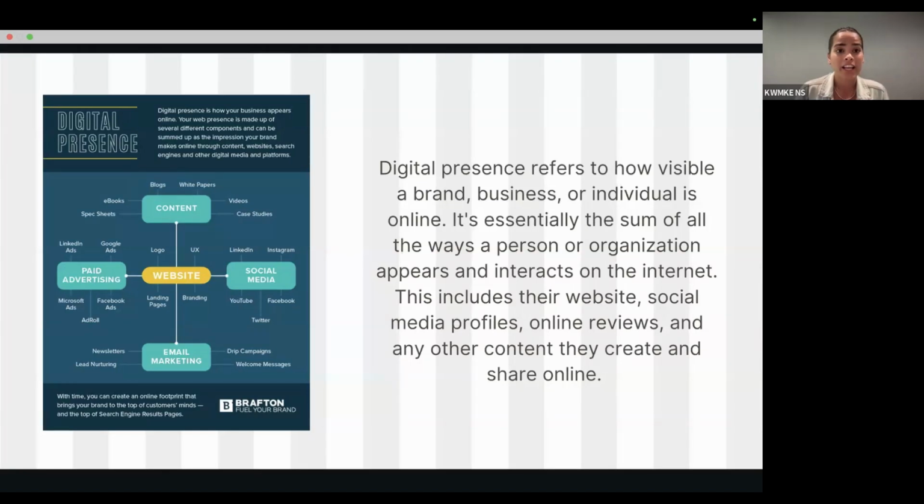Next will be email marketing. This also plays a role in your presence online. So newsletters you send out, drip campaigns that you do through your Command account, all of that kind of stuff does play a role in it. We have a really great tool, which is our Command accounts, that will be able to help you do drip campaigns. That is something that we can also dive more deeply into if people are interested in how to do that.